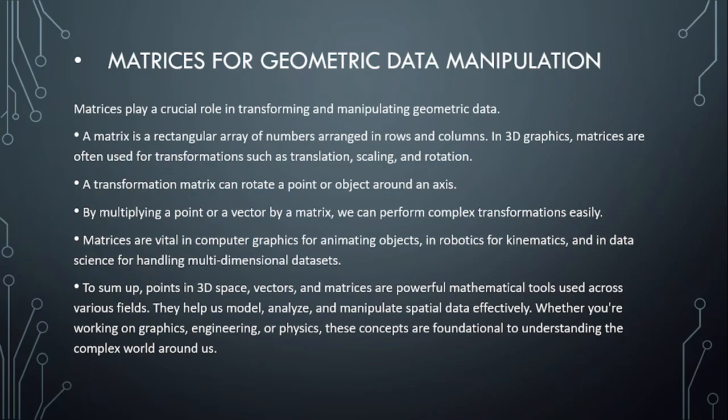A transformation matrix can rotate a point or object around an axis. By multiplying a point or a vector by a matrix, we can perform complex transformations easily. Matrices are vital in computer graphics for animating objects, in robotics for kinematics, and in data science for handling multi-dimensional